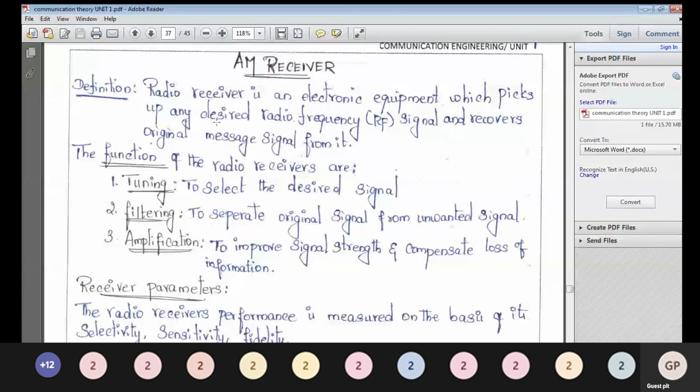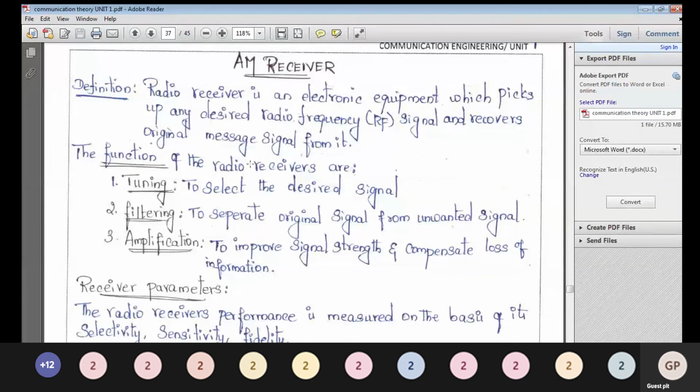Different frequency signals. From all the available signals, the first step is that it has to pick the desired one, because the transmission medium is a wireless transmission medium, and in a wireless medium, different frequency signals are transmitted. So at the receiver side, all the signals will be available. From the available signals, the receiver has to identify the desired one, and at the same time detect or receive the desired, required signal. That is the main function of a receiver.